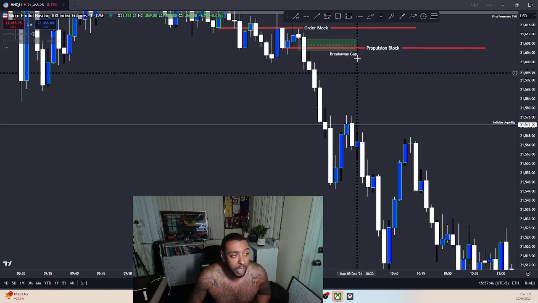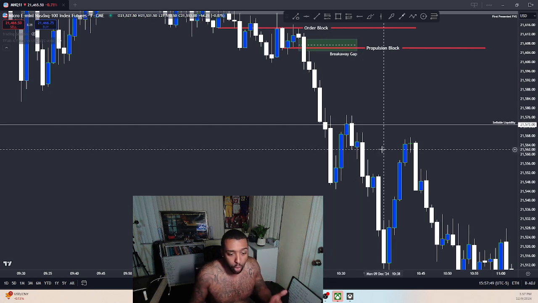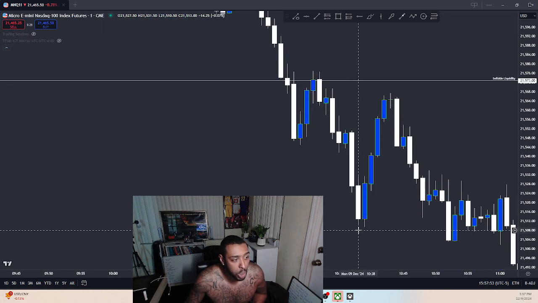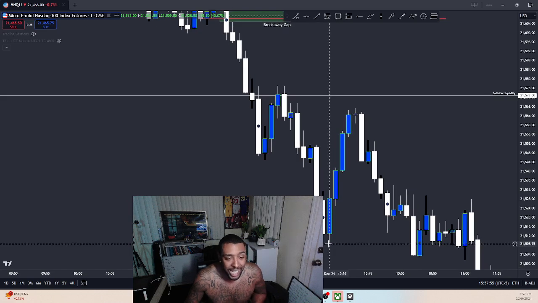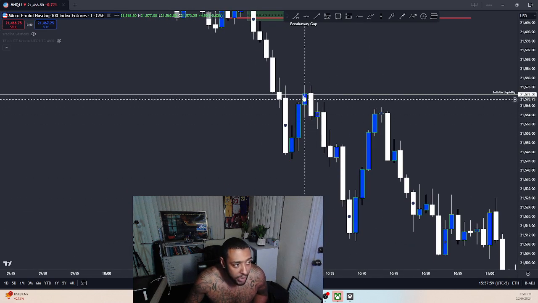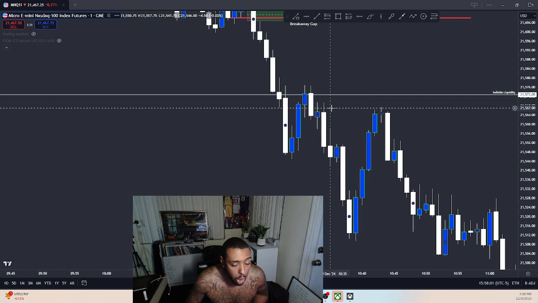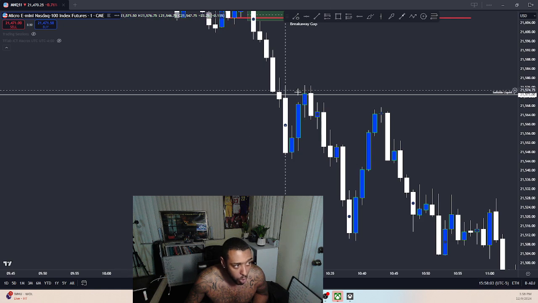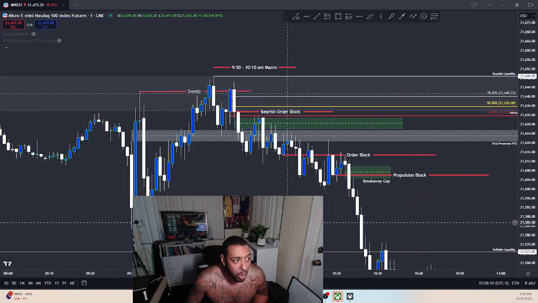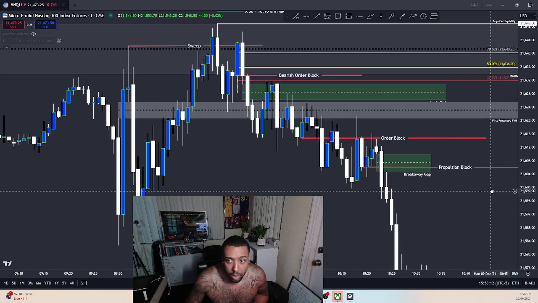a displacement up or down, depends on your direction. So it displaced lower, showing indications that it's not done going lower. That's why it came up, respected this zone right here. We all know about break and retest. This was support, broke underneath, now it turned to resistance. Displaced all the way lower, and that's how you could have made so much money